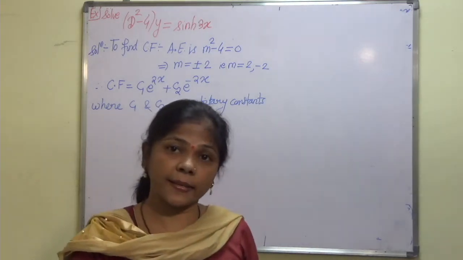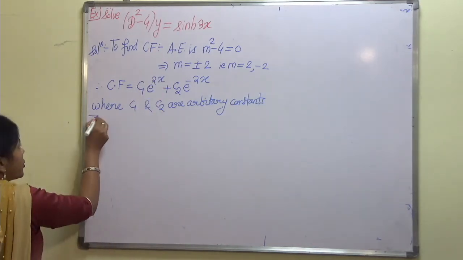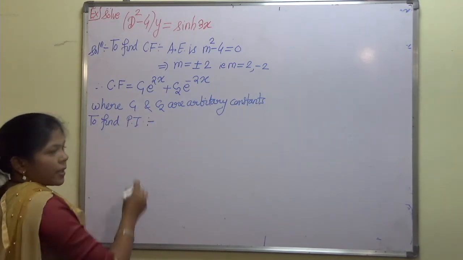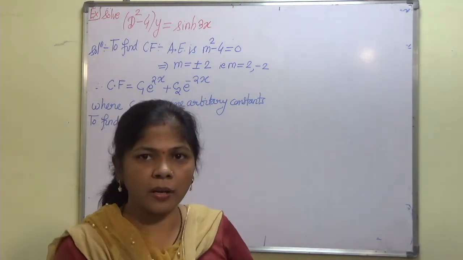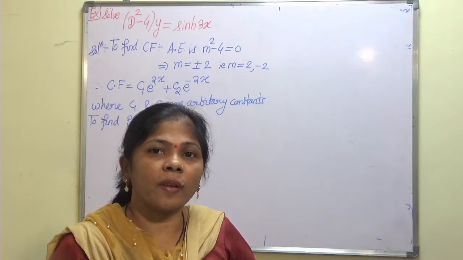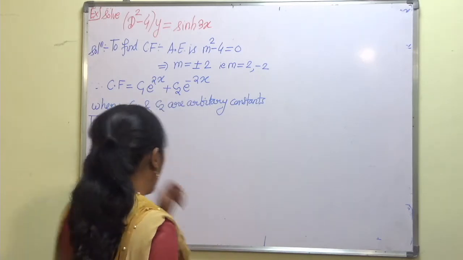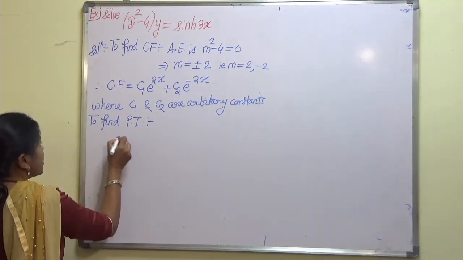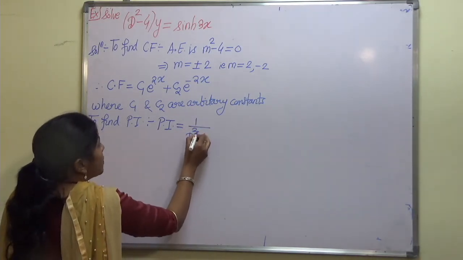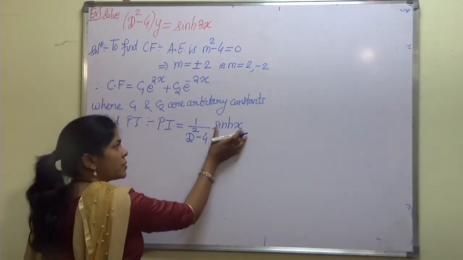So identify the case, which case is applicable over here. As this is a hyperbolic function, whenever we have a hyperbolic function, we will put it in the exponential form, right? We don't have any cases directly for hyperbolic functions, so we will make use of case number 1. So we will just use the definition of hyperbolic function. So particular integral according to definition is 1 upon d square minus 4 operating on sinh x. So let us use the definition of this.